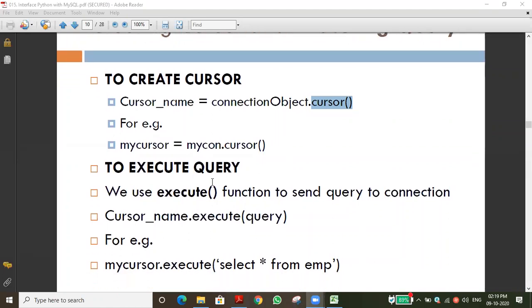So execute query. In the execute function you have to pass the query as an argument. There is another method also: we can write the query and assign it to a variable, then pass the variable. We saw yesterday's program. Just try it.